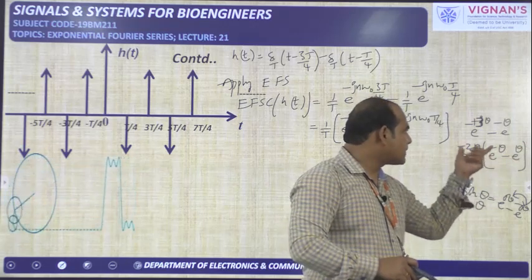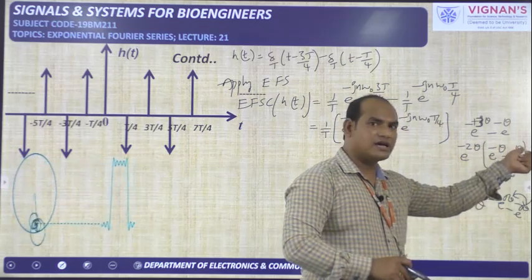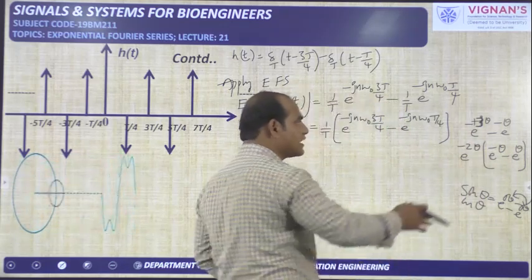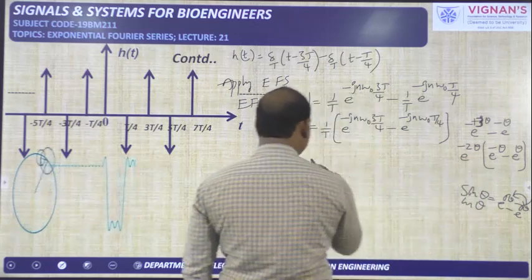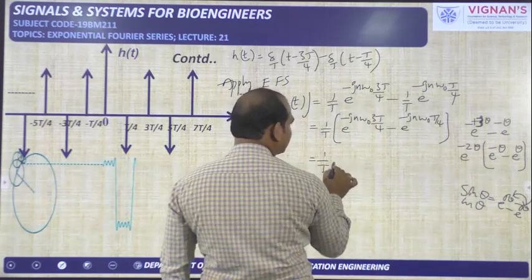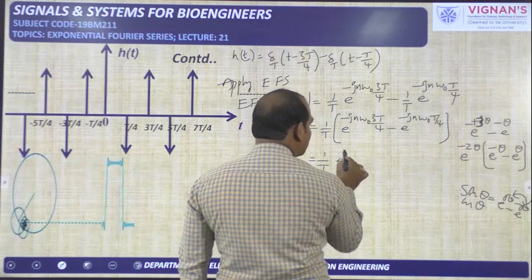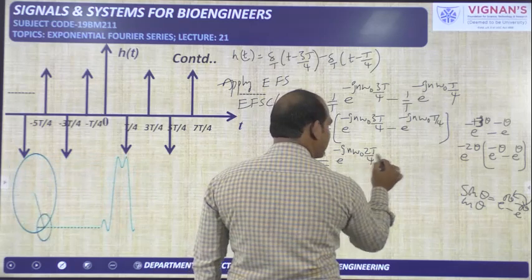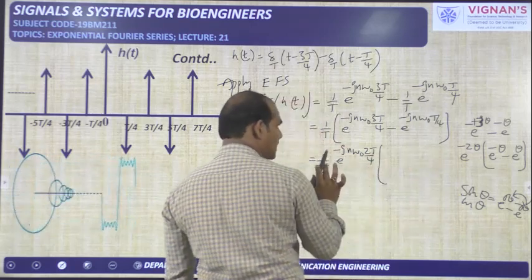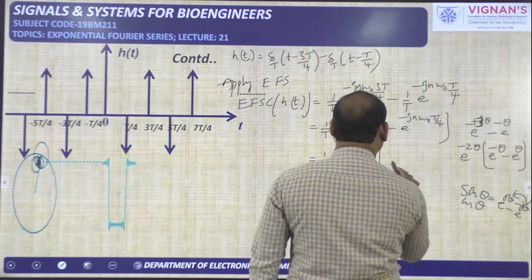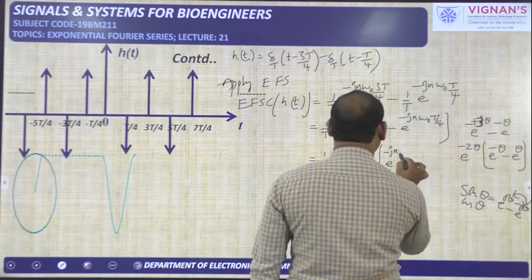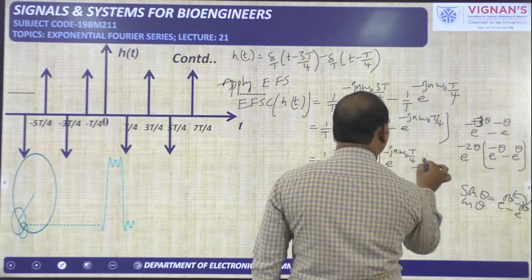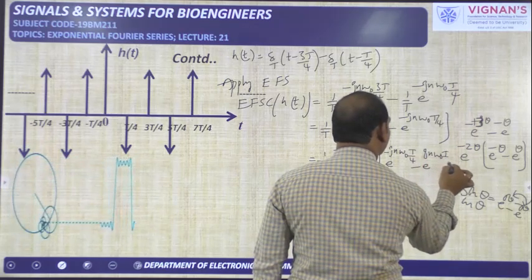So here e power minus 2 theta into e power theta. Bases are equal, powers will be added. E power minus theta we will get. Without changing any value, we can write like this. So by using this analysis, I am writing like this. E power minus jn omega naught 2t by 4 I am taking as common. 2 theta I am taking common. So it will be like this. So remaining thing is e power minus jn omega naught into t by 4 minus e power jn omega naught into t by 4 we will get.